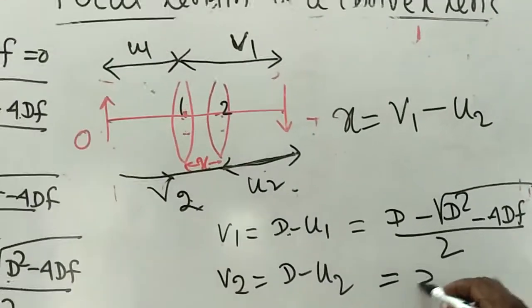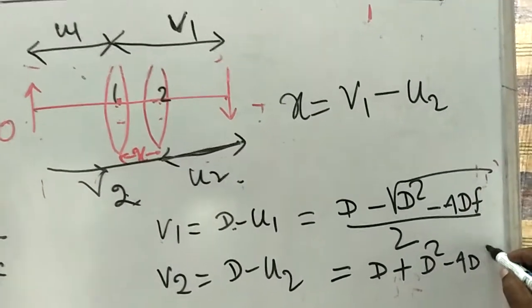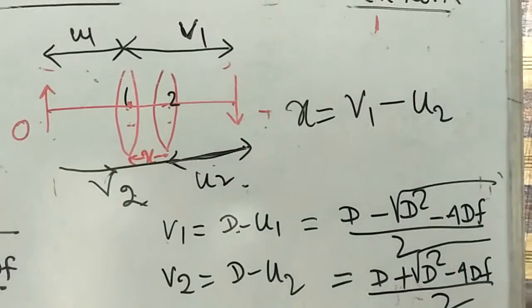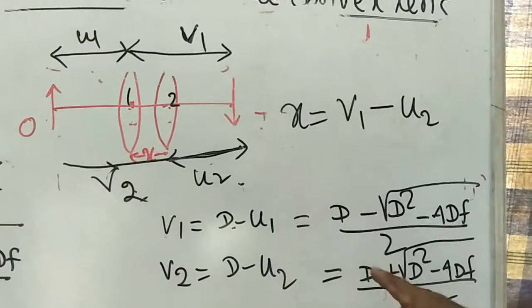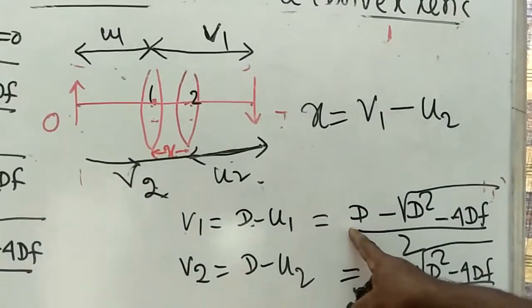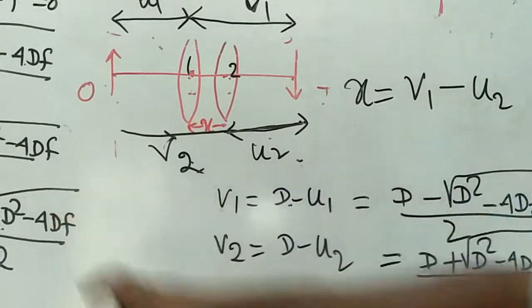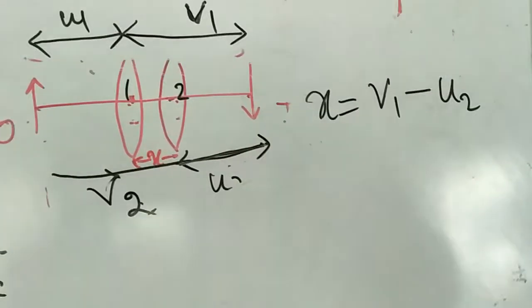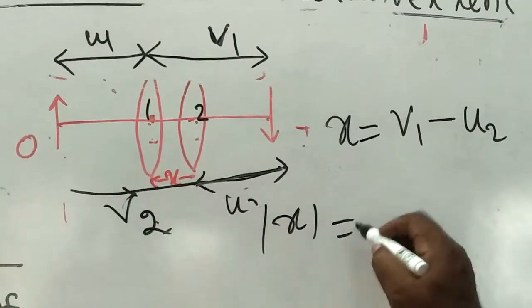d minus u2 will be d plus root over d square minus 4df by 2. So our aim is to calculate x. X means v1. So this is v1, that is minus u2. This is u2. So if we take the difference,